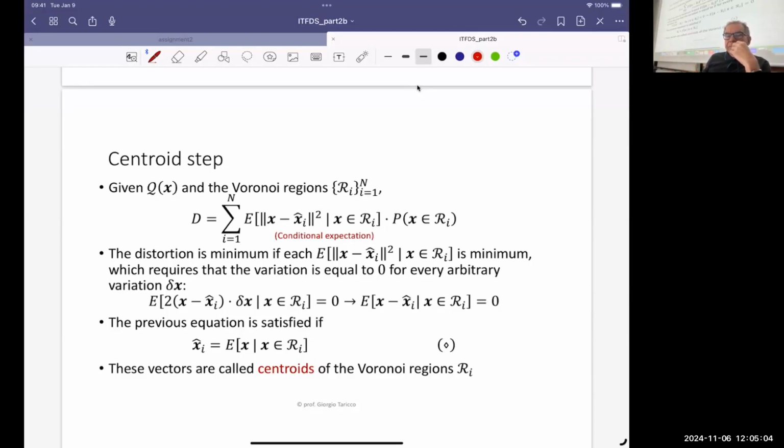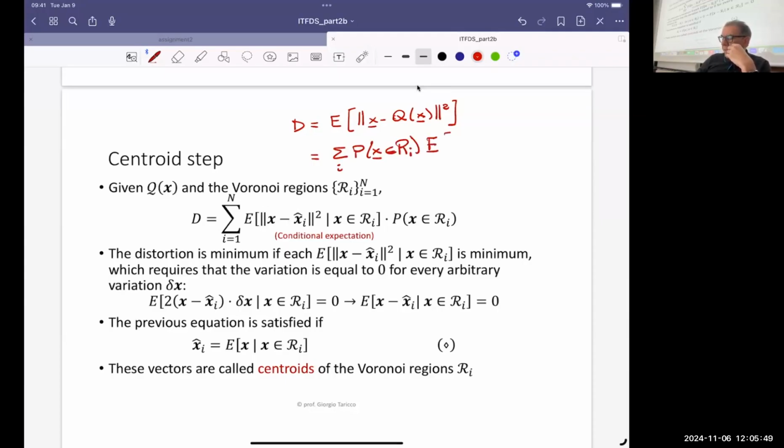Then, since d is the expectation of the square distance between x and q of x, this can also be written as the sum over i of the probability that x is in the ith Voronoi region multiplied